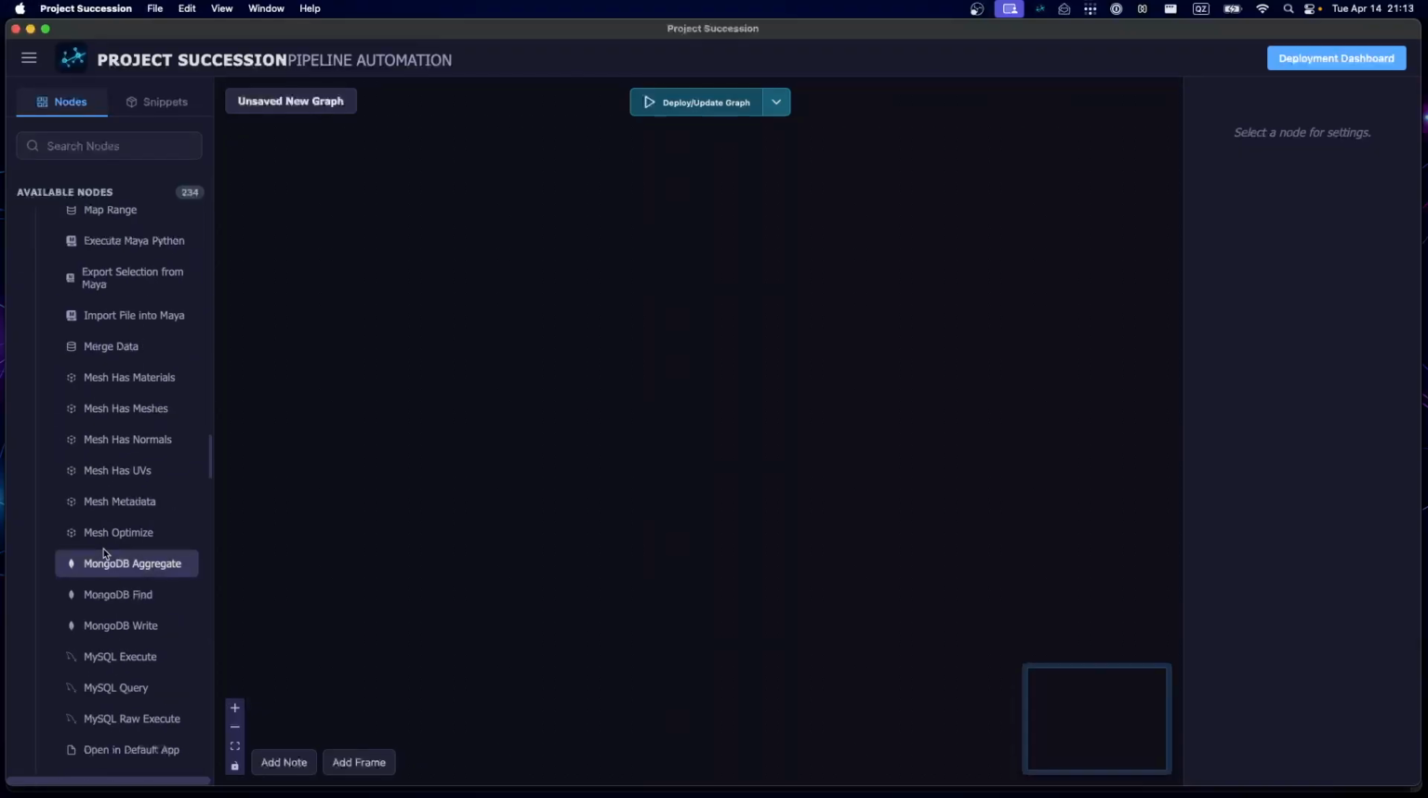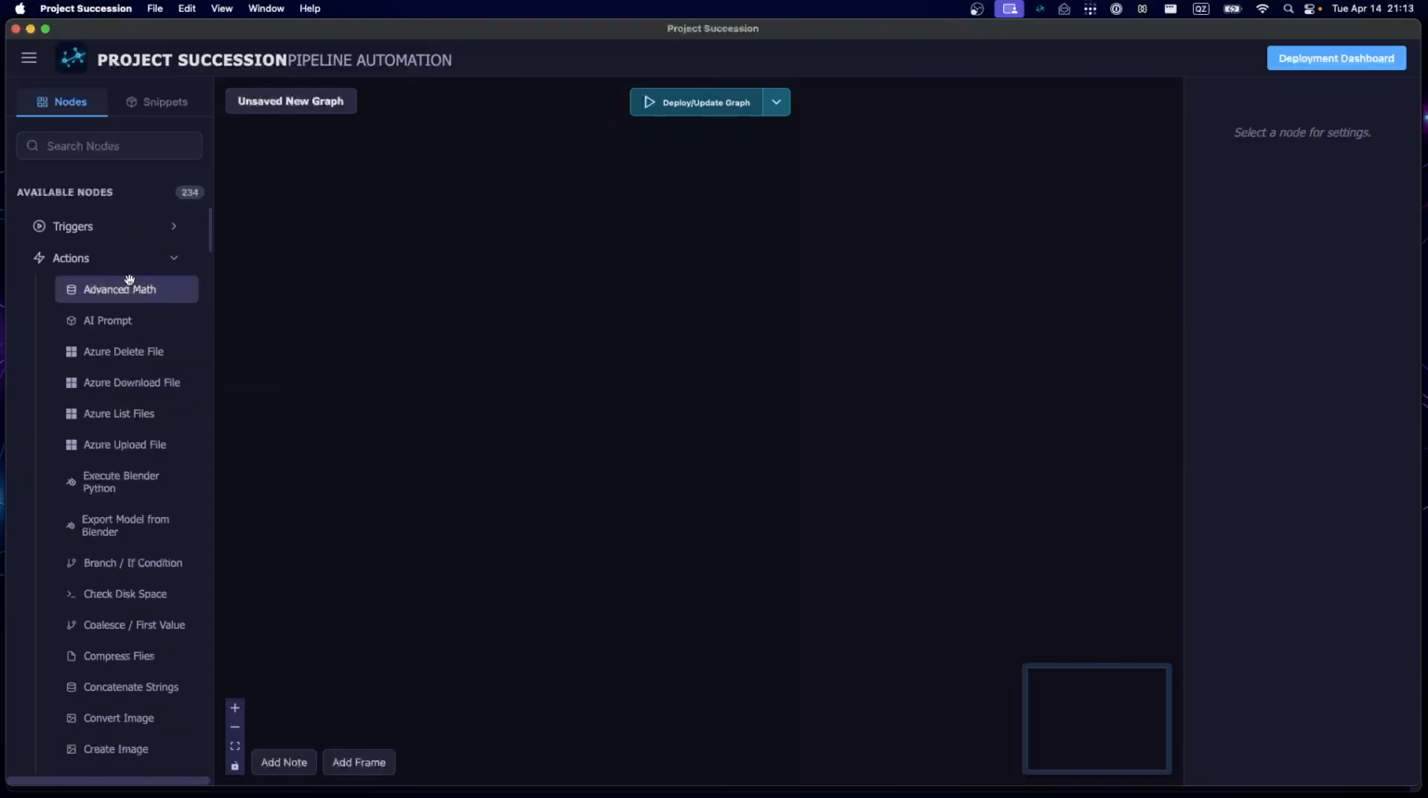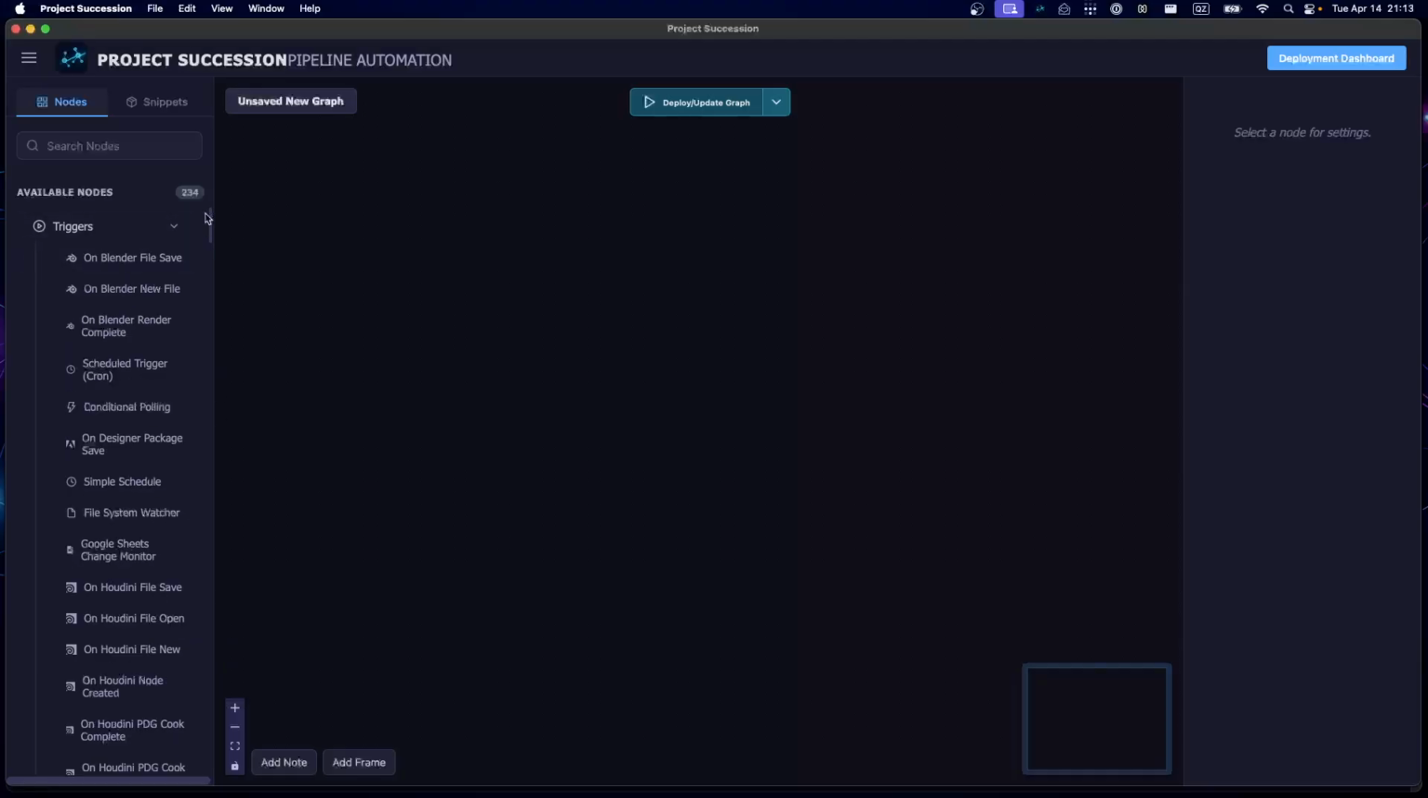This is then something which is happening. For example, use given images and create a sprite sheet out of it. Or send an HTTP request to X places. In total, we have around 230 nodes,